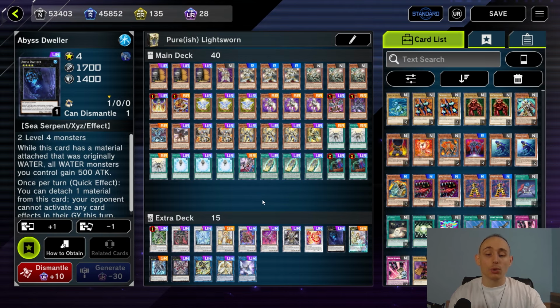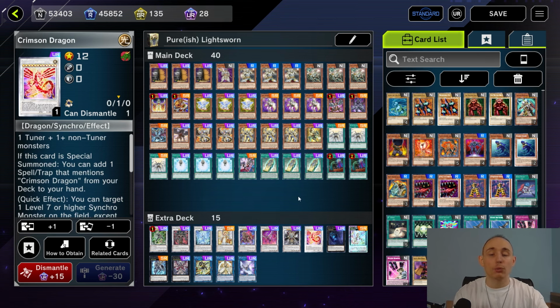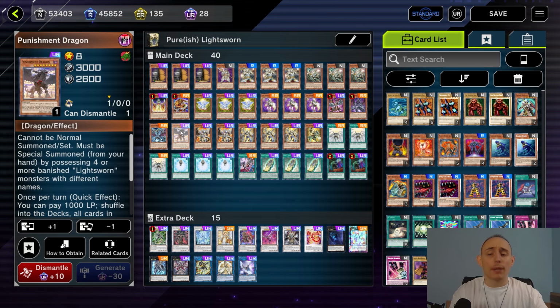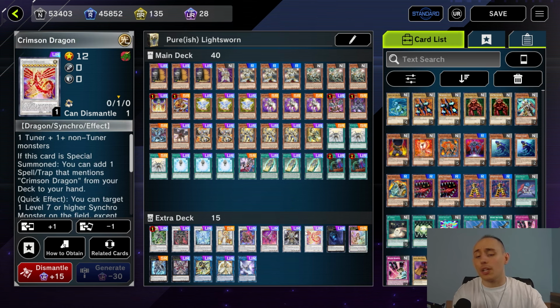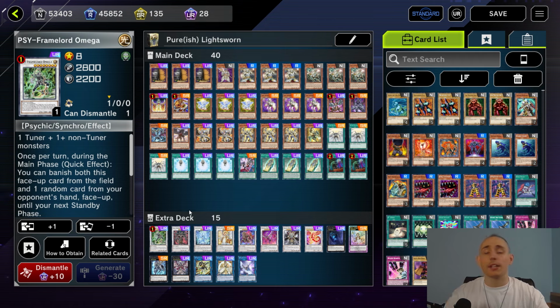Now, out of the Synchro monsters, this is the most interesting part. We play a bunch of level 10s, Bornirifleur, Dispater, and Chaos Angel, together with the Crimson Dragon, which we typically summon off of something like Lubellion plus a level 4, or like the Punishment Dragon plus something else, and you get access to it pretty easily, and then you just summon an additional level 10. For example, you go Bornirifleur, Crimson Dragon, Dispater, and then you go into the Omega and Hendrim for 2 cards,